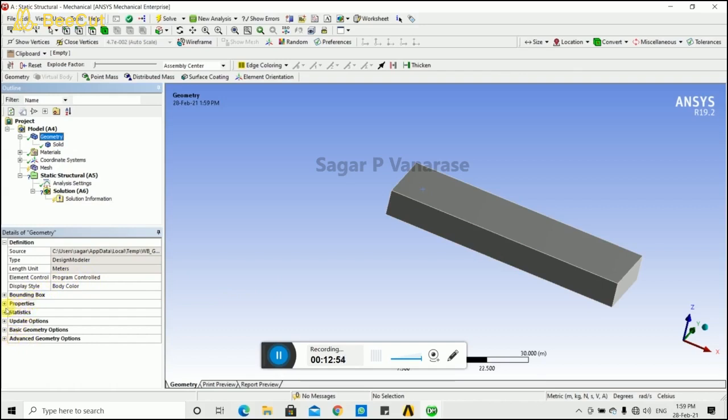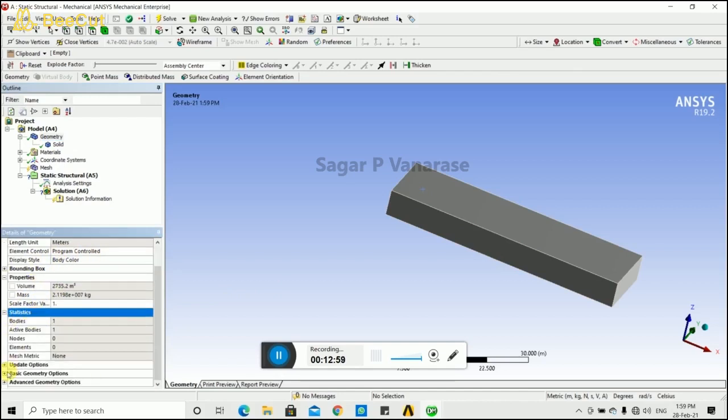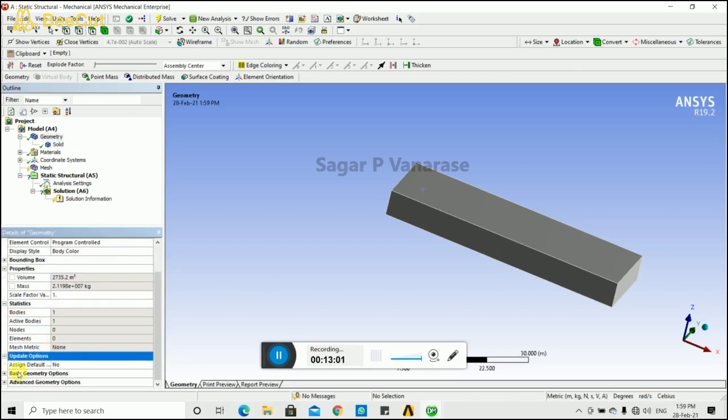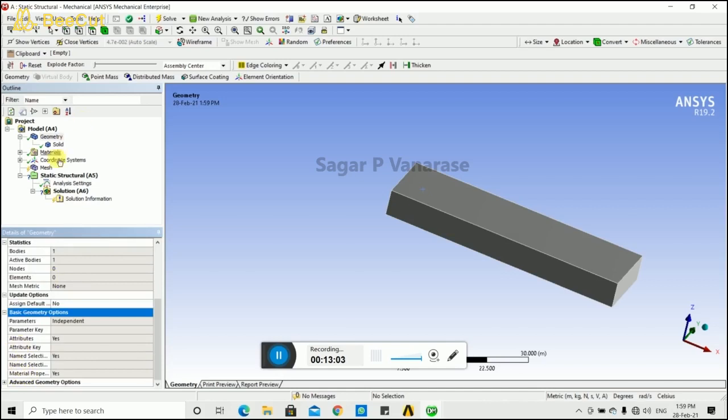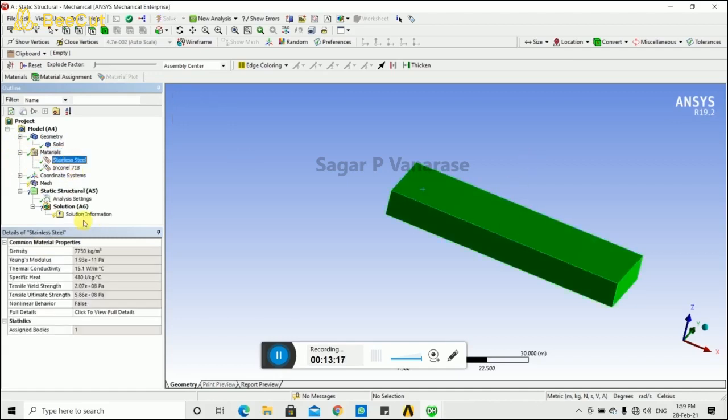In model we have the geometry, solid, materials, coordinate system, mesh, static structural analysis settings and solution. In the geometry we can also define the various types of files we have stored, what units we have taken, what the properties are, the volume, the mass, and different types of information. Just click there and you will get the different types of information.